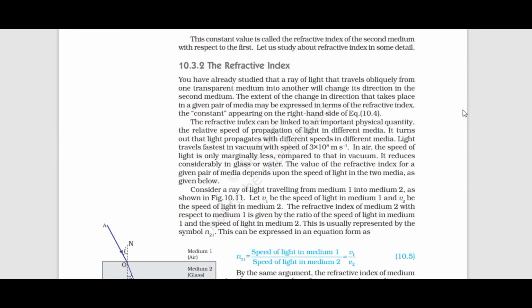In the previous video, I spoke about refraction as well as a little part of the refractive index. In this video, I am going to speak completely about the refractive index only. In which way you will represent it, and how they speak the formula with velocity, and how you can remember that easily, everything we are going to see now. So it's just a recapitulation.